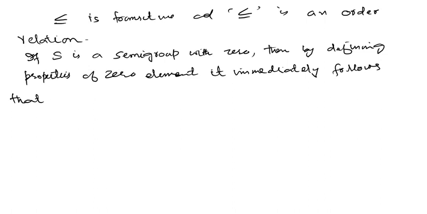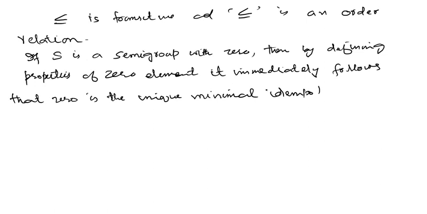Zero is the unique minimal idempotent. Zero, okay, let's write it in words. Zero is the unique minimal idempotent. Okay, among idempotents you are taking this minimal element because the natural order is defined on idempotents only. So the idempotents that are minimal,